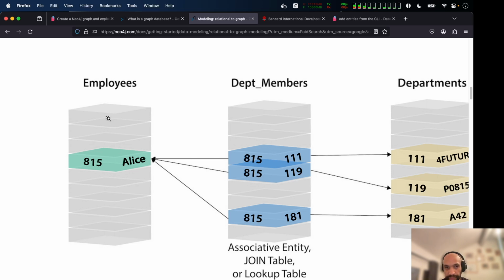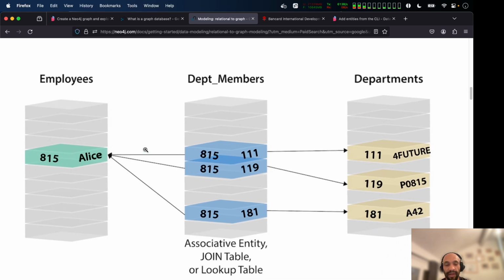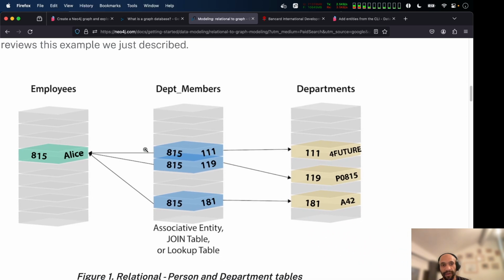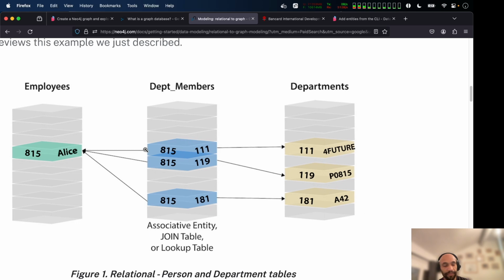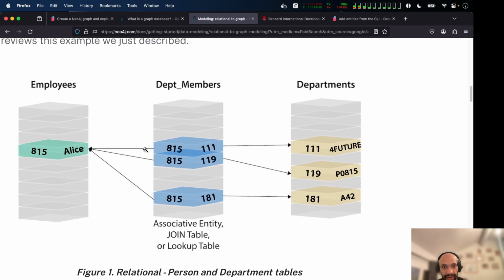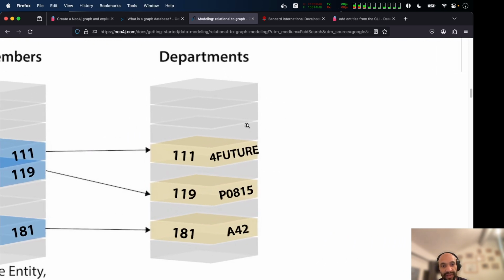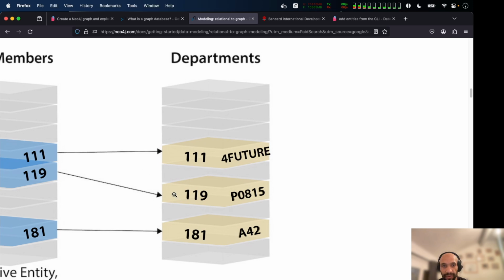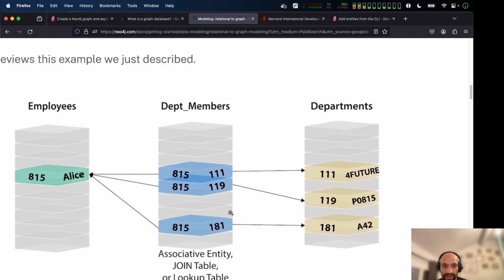In these rows we have several columns. Here we are seeing the first name column, but we could have many more columns representing the different attributes of each record. And if we were to model the fact that employees belong to different departments, we would have to create a second table. This is the department table, which is just like the employee table, but for the different departments